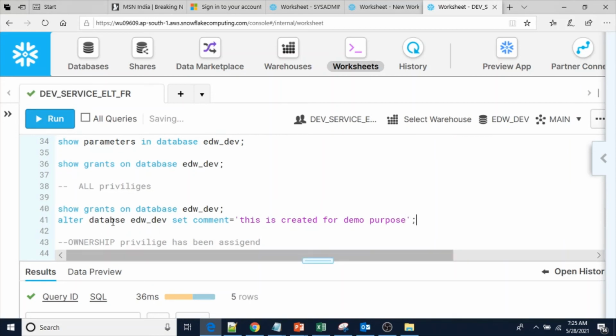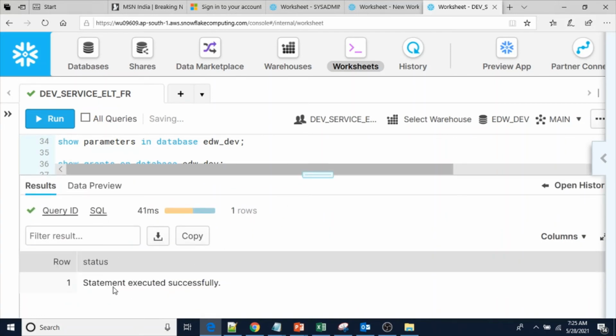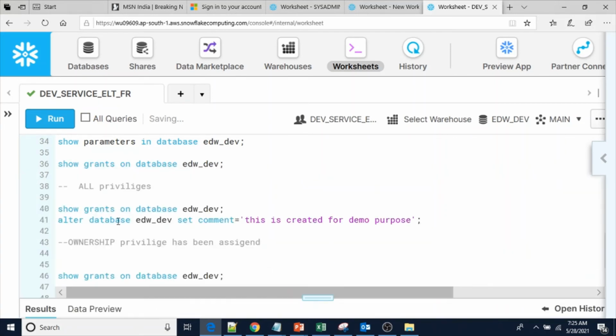Alter database name set. So see, statement executed successfully because we have given all the privileges, that's why we can. So this is the one, and now I'm going to change the ownership.